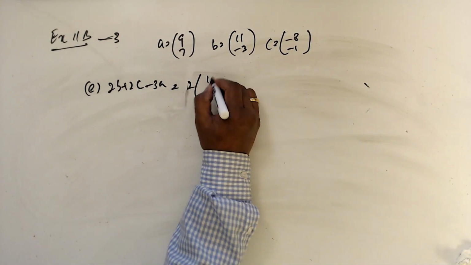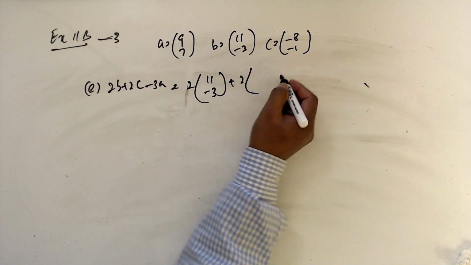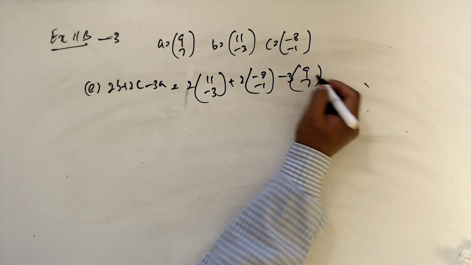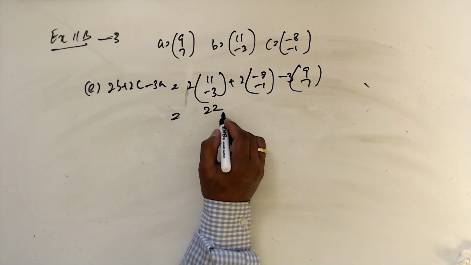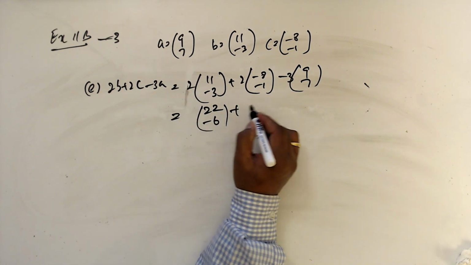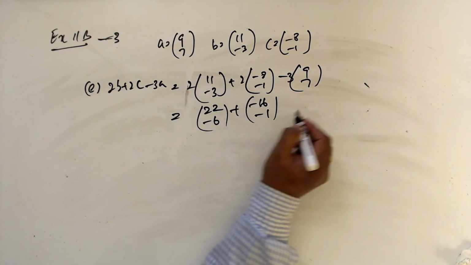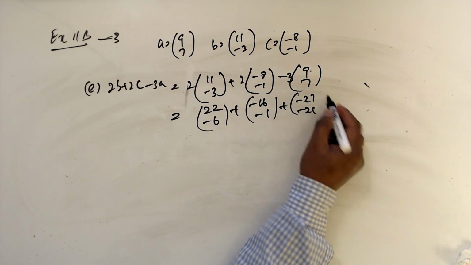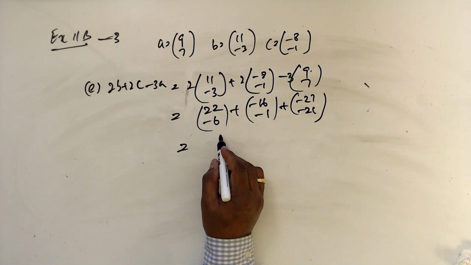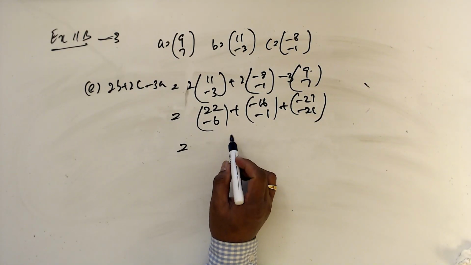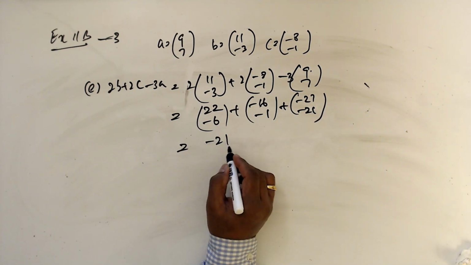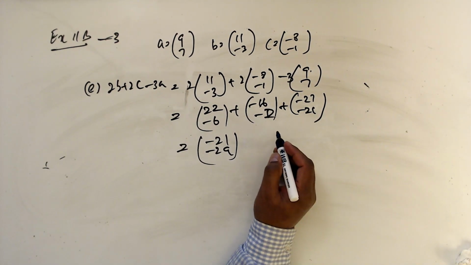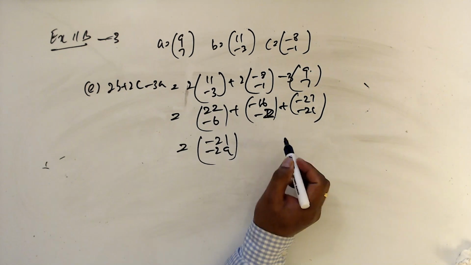To be 2 times 11 minus 3 plus 2 times 8 minus 1 and minus 3 times 9, 7. So this is 22. This is minus 6 minus 16 minus 1 and plus minus 27 minus 21. Minus 2 minus